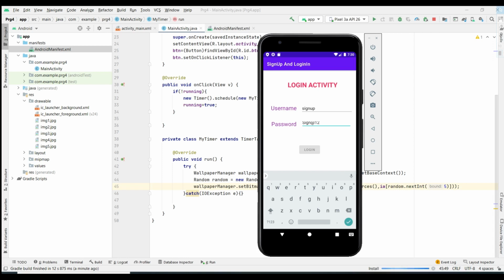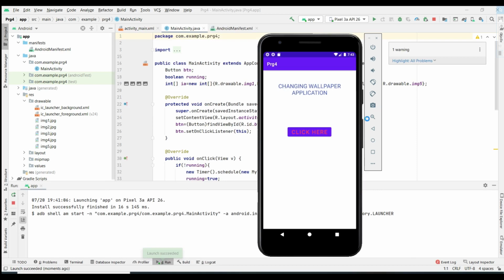Let's wait for some time. So now the launch has succeeded, and to know whether the wallpaper is getting changed, we need to click here.